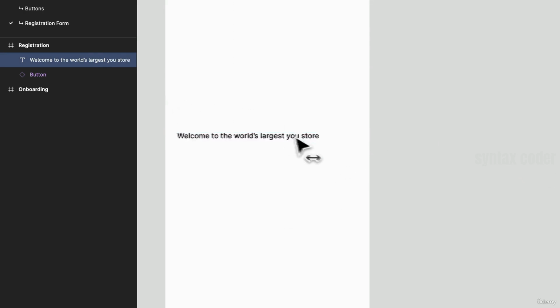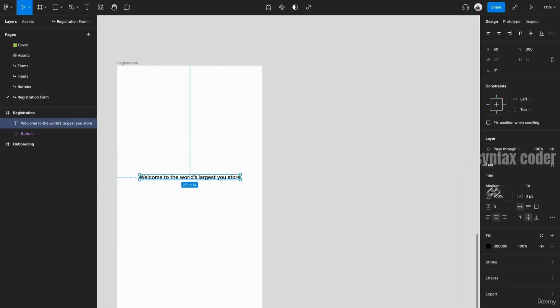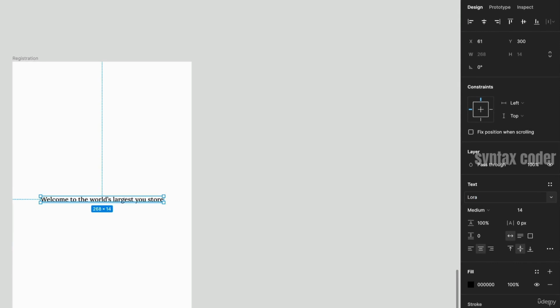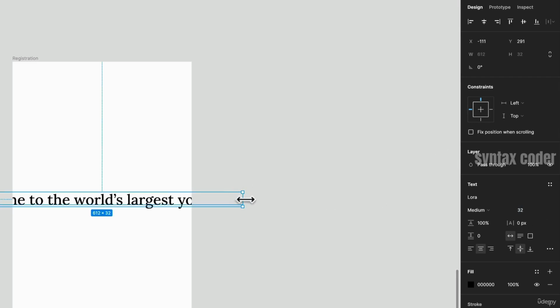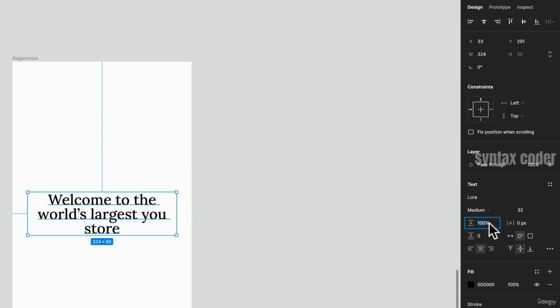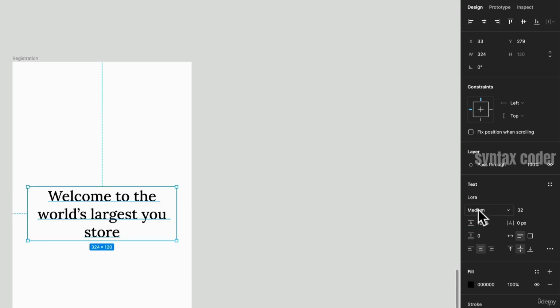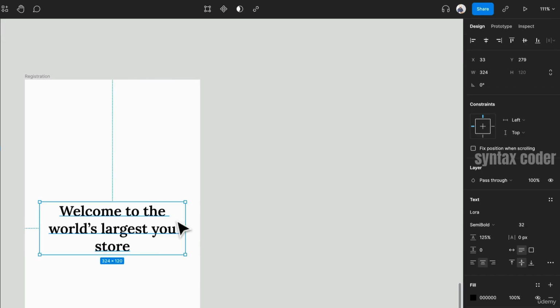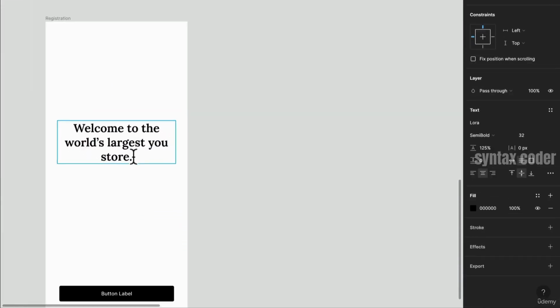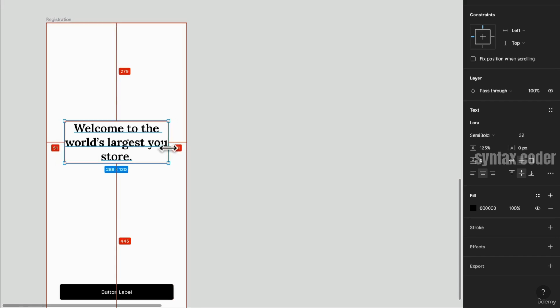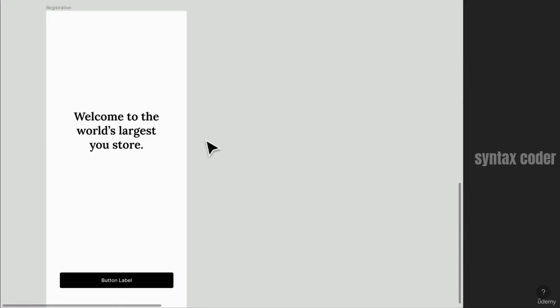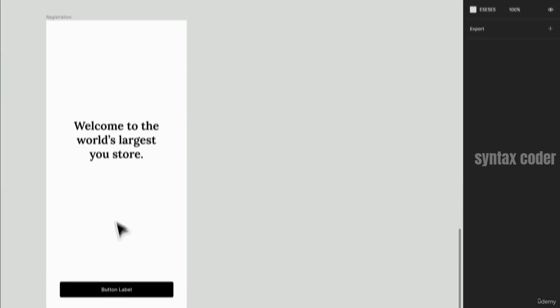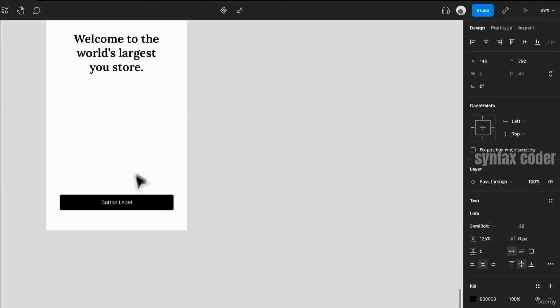And at this point, as I'm starting to build fidelity little by little, I'm going to be using some of the fonts that I've already started to say, or at least finalize in some way. So I have 32 pixel Lora. I'm just going to make this 115 or 125%, and then it's going to be semi-bold. So there is my title. And then at the bottom, I'm going to make a skip,